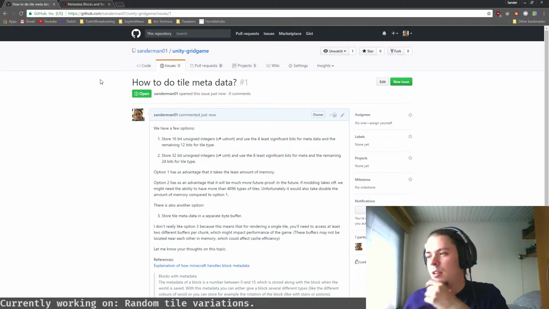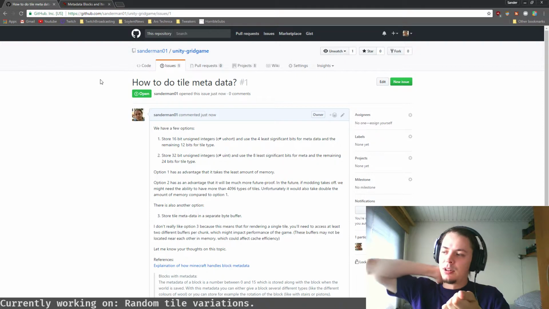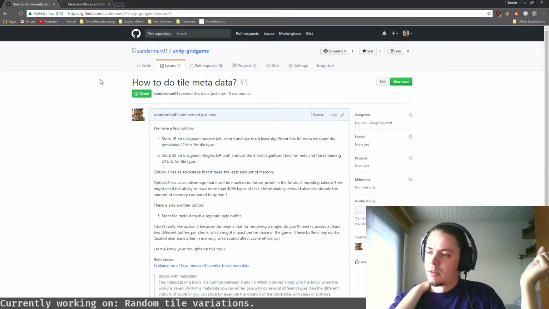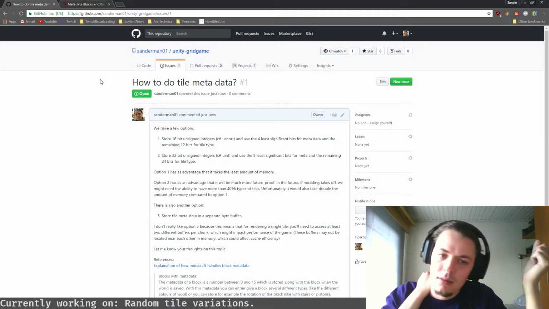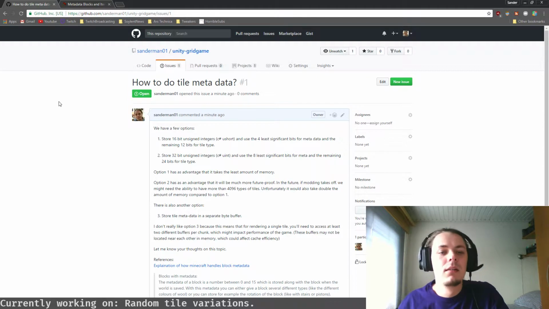Of course, one thing is that we probably don't need to take as much memory for our chunks as Minecraft, because we are a 2D game instead of a 3D game. So chances are we might be able to get away with just using some more memory for each chunk. That might actually be a good way to go about it. And we can be sure that we won't run into any issues later if we find out